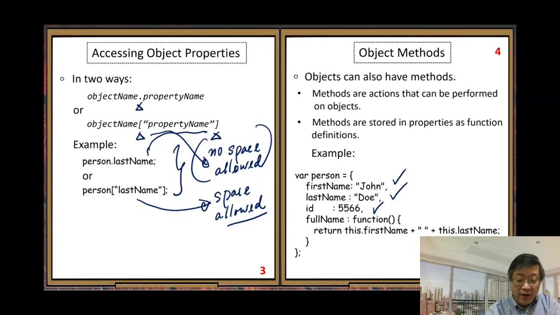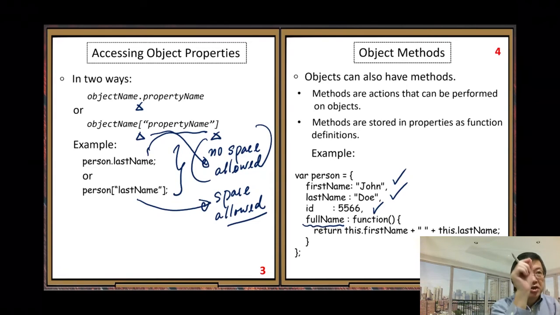But the fourth one is the new way we need to understand with the basics of JavaScript functions. Here you can see the property name, fullName. So we want to generate the fullName property. How to generate? We use